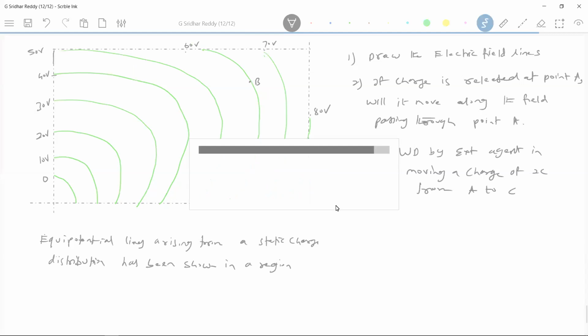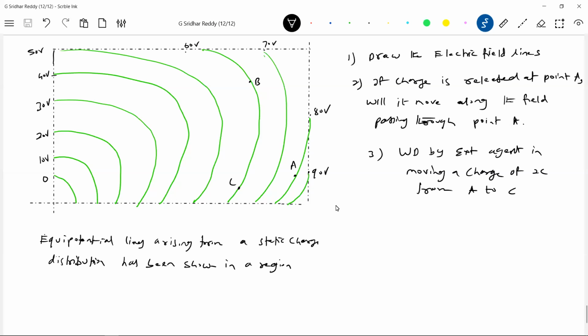These are equipotential surfaces. Can we say anything about the lines of force? What is the basic method? How should the lines of force be? They should be directed from higher potential to lower potential. The electric field will be directed from higher to lower potential. So if I'm plotting, the lines of force should be perpendicular to what? To equipotential surfaces.